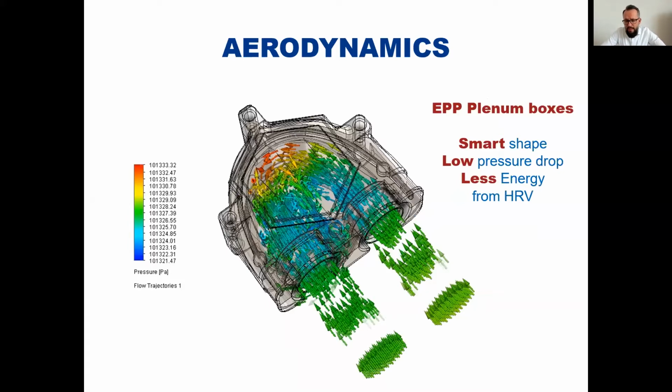What was important for us when we were designing this plenum box from EPP was shape. We had a little bit more possibilities to shape it as we wanted. And we made a lot of simulations before we started producing the box, to have the least pressure drop, which I think is important from the point of view of energy loss for the whole system. And